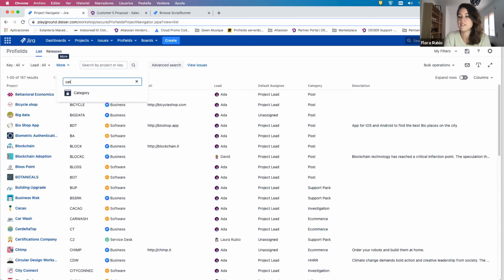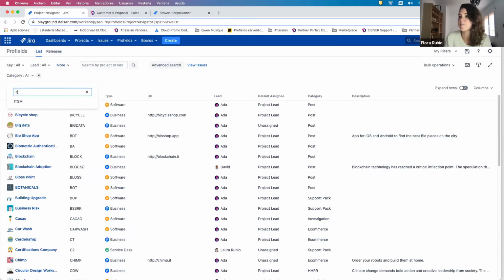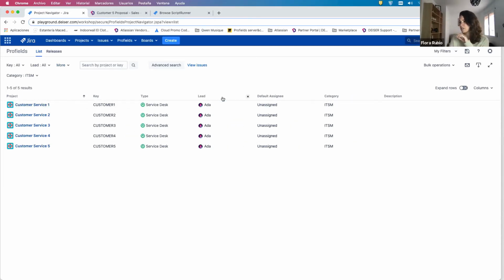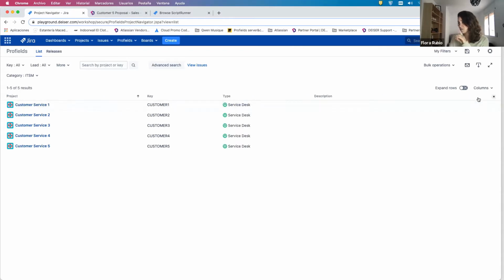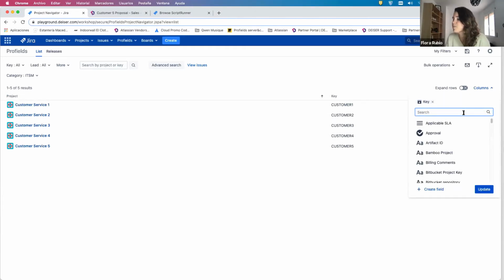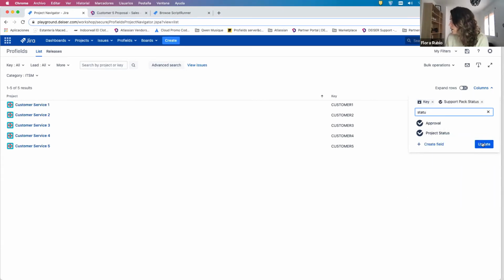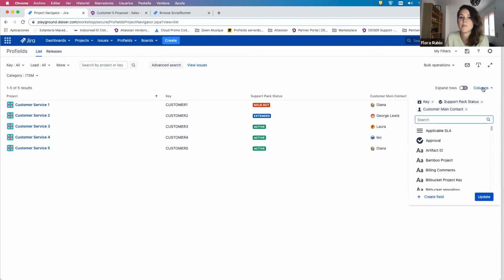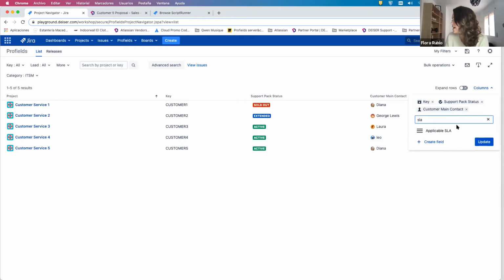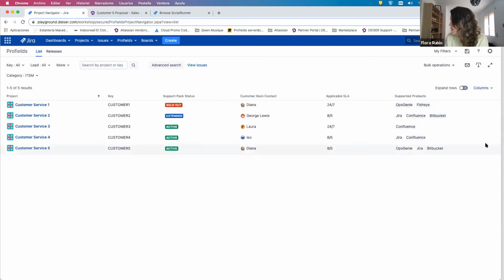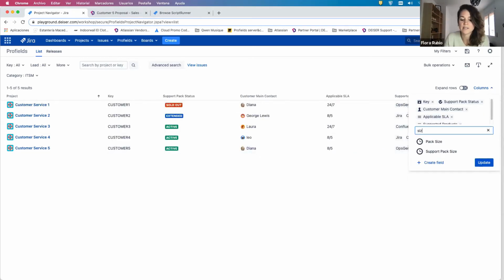We're going to look again for the ITSM project. There. But this time, let's say I want to improve my view, okay? I want to see more information. I don't care about all of them. They are useless for this specific tracking I want to do. And I'm going to add some custom field, okay, related to service management. So I could add, for example, the status of my contract. I could add the main contact, so the person I should reach in case the contract is expired. I could add the SLA, supported product. And I could add also the size, so I know exactly how many hours my contract